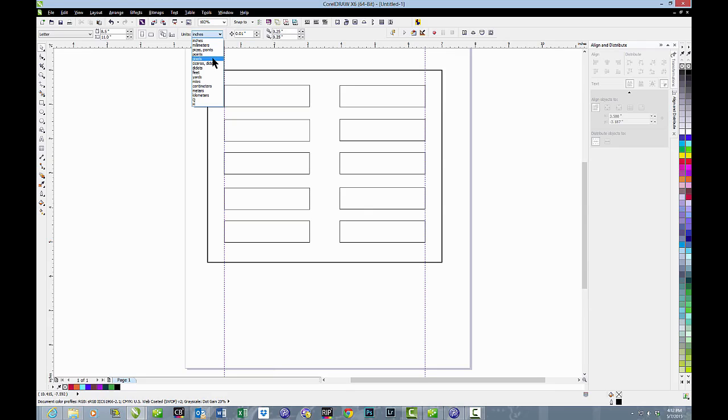Pixels has to do with the number of pixels, literally, that might be included in a photograph or other object. If we import a photograph into CorelDRAW, it will come in perhaps as a JPEG, but it will actually be measured in pixels. It might be 600 pixels wide, 1200 pixels wide, etc. We often confuse this with DPI, but pixels and DPI are not the same thing. You can, however, always use pixels when you're working